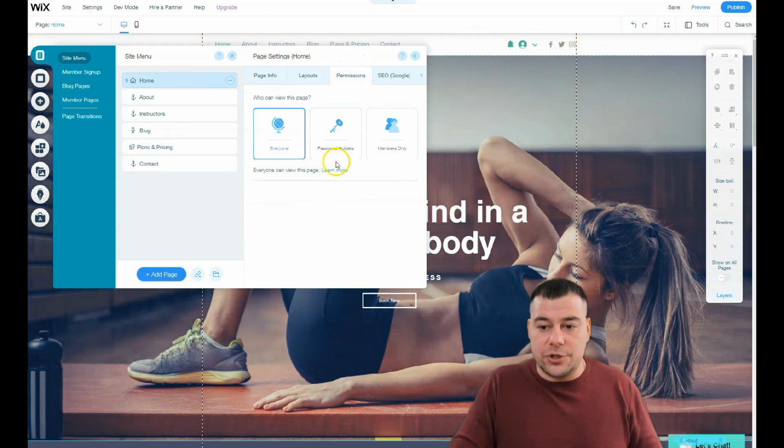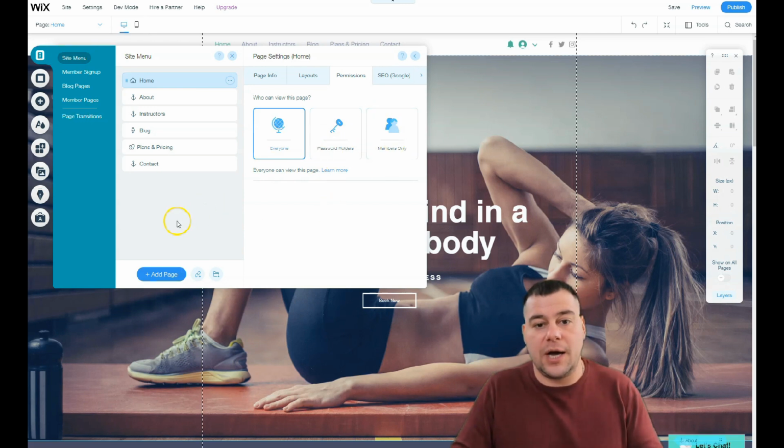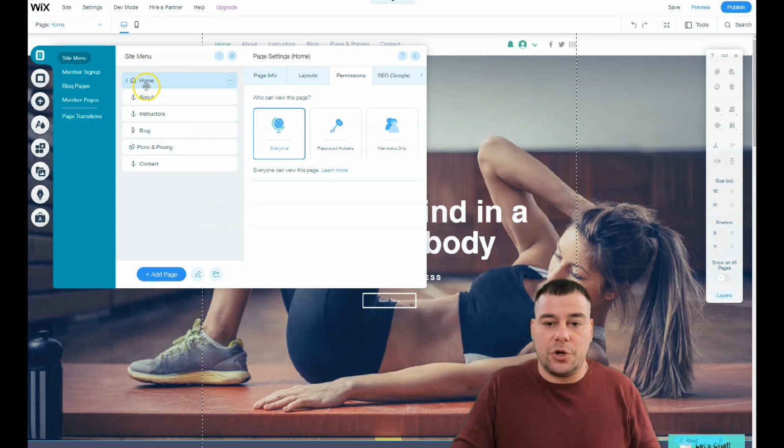Permissions also, you can make your site open for everyone. You can make the password holders or members only if you have this home page, and you can apply it to any page, for example, like plans and pricing or blog. You can add a blog to members only, and only those people who have access to your website, your unique content,